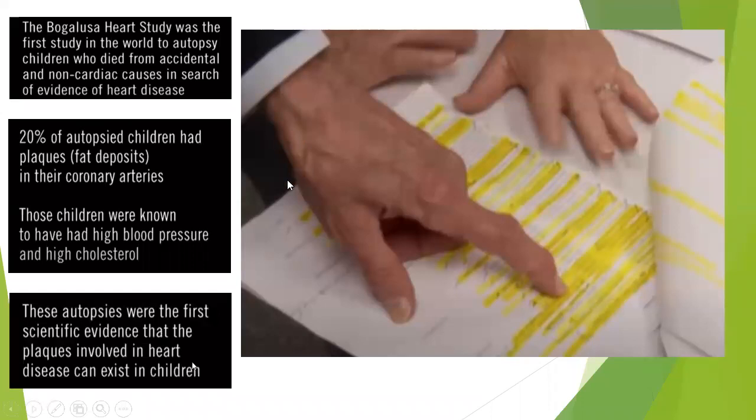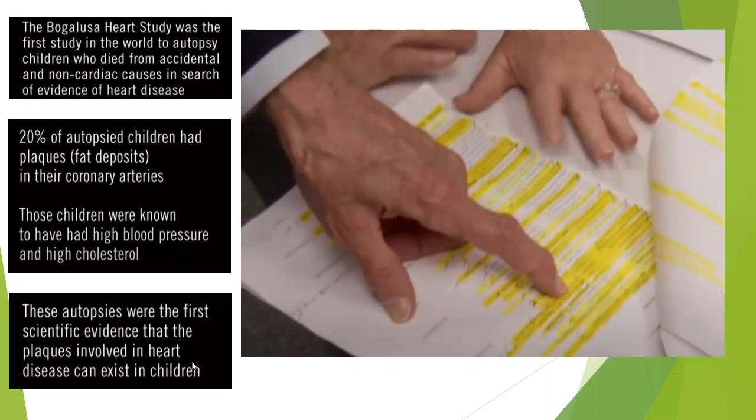Those children were known to have high blood pressure and high cholesterol. Okay, blood pressure and cholesterol. What is a healthy blood pressure? When you go get checked for blood pressure, what's a healthy blood pressure? Anybody know? 120 over 80. 120 over 80 or under. Yeah, 60 to 80 you want that bottom number, and anything over 120 is going to be too high. So 120 to 130, they put you at a certain level. Then 130 to 140, it gets worse. And if you're at 150 to 160 at resting, you have some major blood pressure issues.